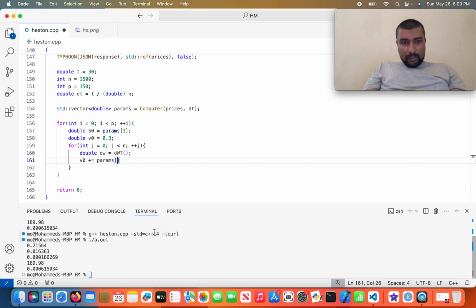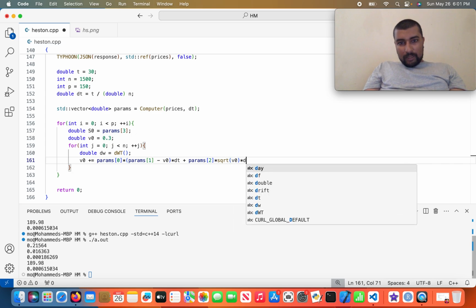So it's going to be params 0 times params 1 for theta minus volatility times delta time plus params 2 times the square root of v0 times dw,